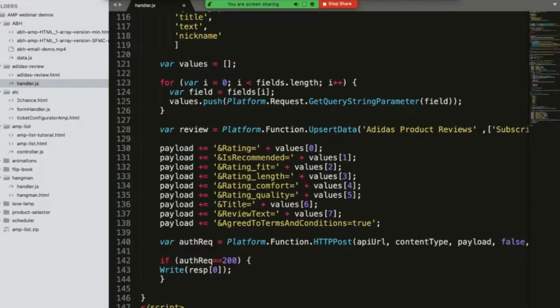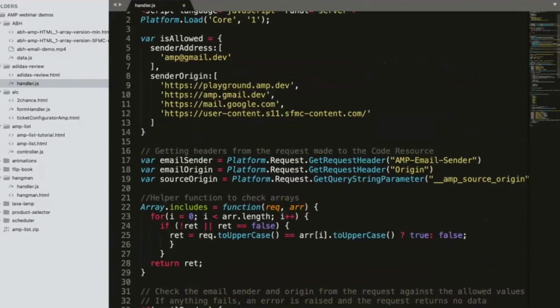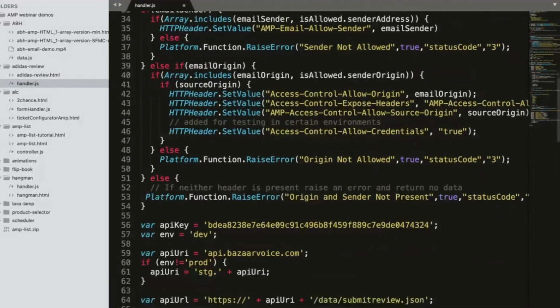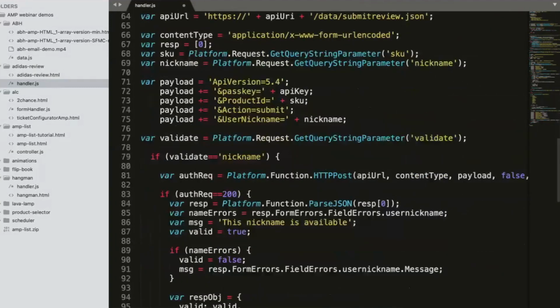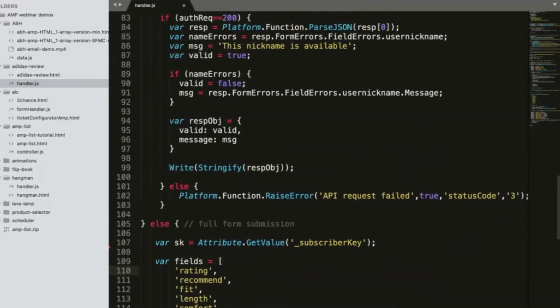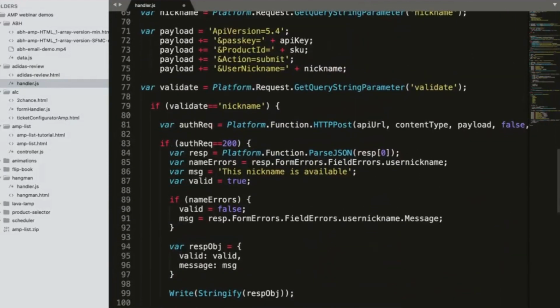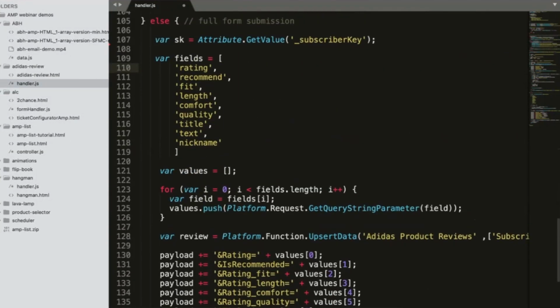This is my server-side code, which is a CloudPage Code Resource. This is all server-side JavaScript, and it's actually in 3 parts. It starts with checking and setting the CORS headers. As I said, this will be available as a template for you to copy and paste. You don't have to write this yourself. But where am I doing the update here? When someone updates the form for form submission, here we go.